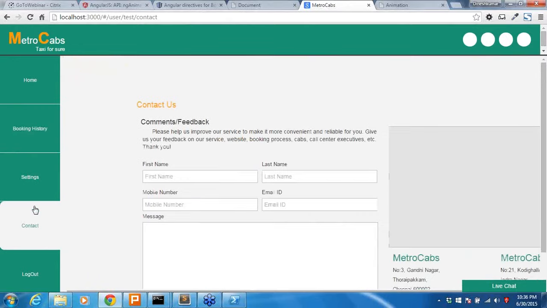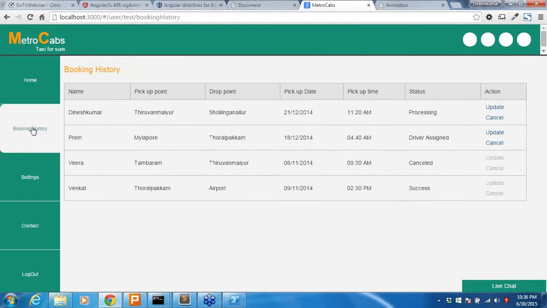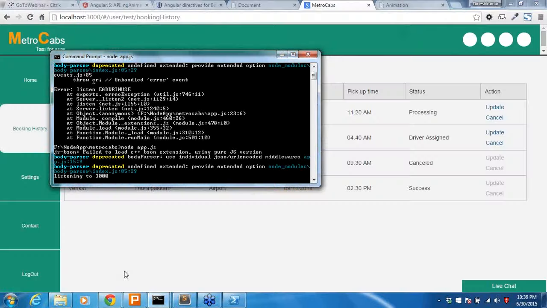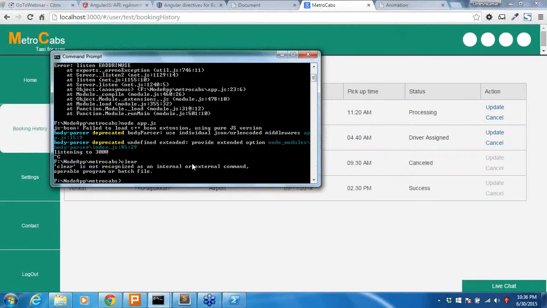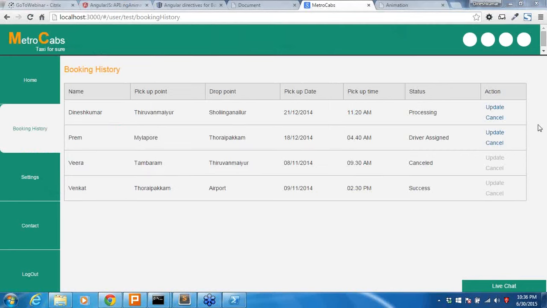So like this, not only for the ng-view, if I use ng-repeat and other stuff, in each and every place I have used this ng-animate directive to create a proper rich look and feel. Like this, if you are really good at CSS, you should be able to create AngularJS applications with this kind of ng-animate directive. So do you guys have any other questions regarding this ng-animate using the CSS and JavaScript?